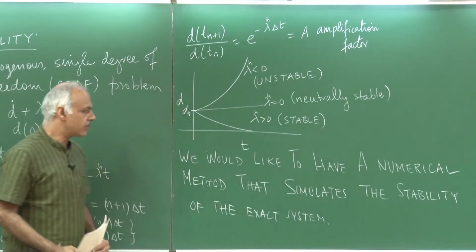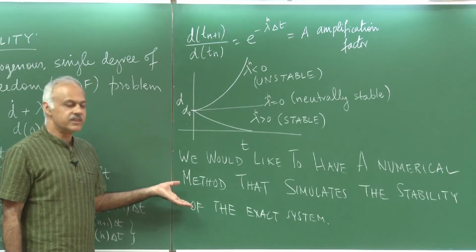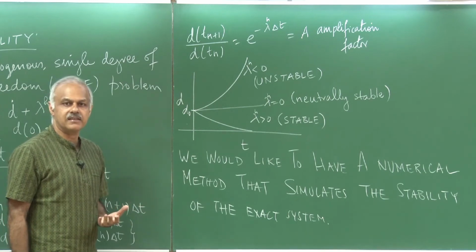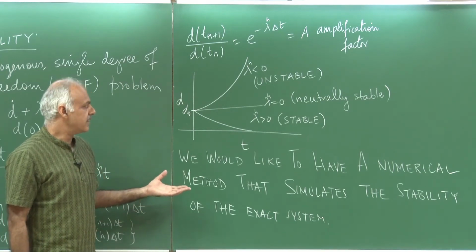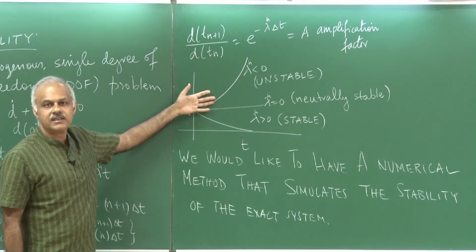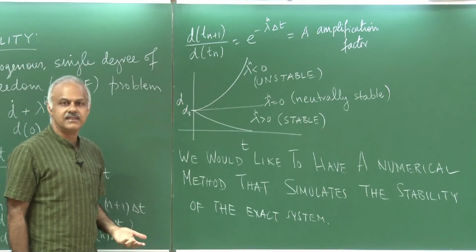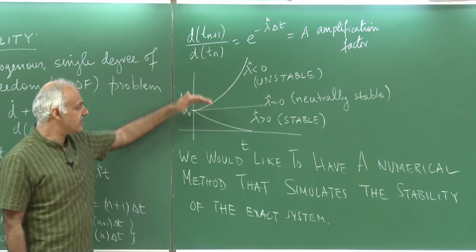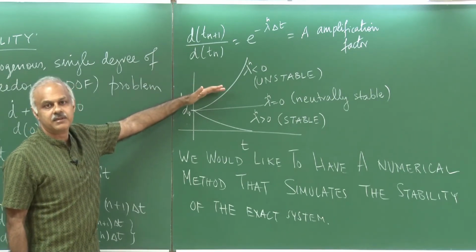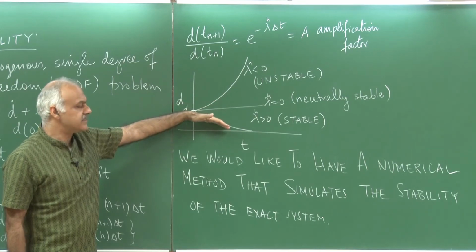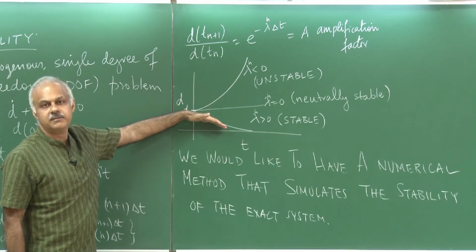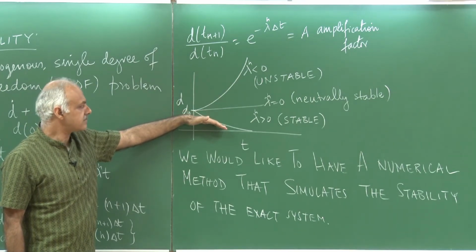The point that I want to make here is that very often we are somehow made to believe that a numerical algorithm must be stable. Not true. If my physical system is unstable and I come up with a numerical algorithm that will always predict stable solutions, that is no good. So, if the original system is unstable, your algorithm must predict instability. If your original system is stable, then your numerical algorithm must predict stability, and so on.